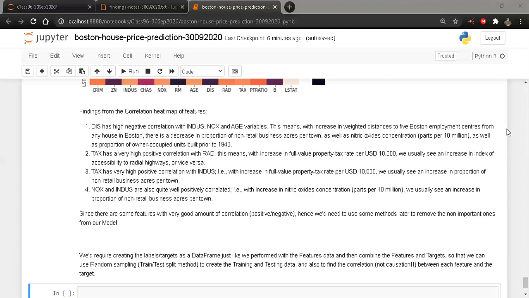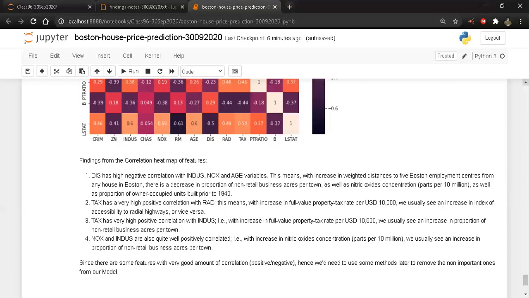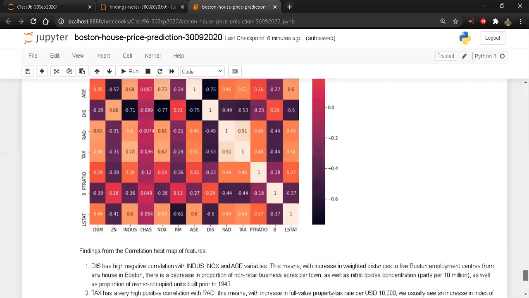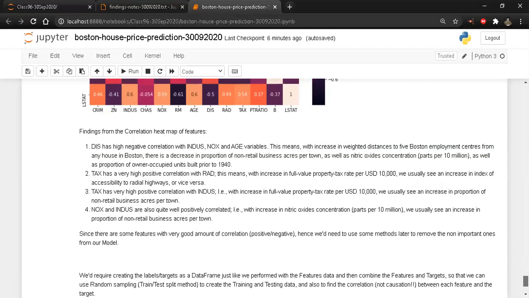I think we can give it a start now. So we will just continue from where we left off yesterday. We were looking into the correlation heat map, and in it we saw some findings. There are some places where there are blacks, and some places where there are very bright colors like this one. I think I missed writing that. Let me just quickly check what that is. So there is a NOx to index. Yes, NOx and index I have written.